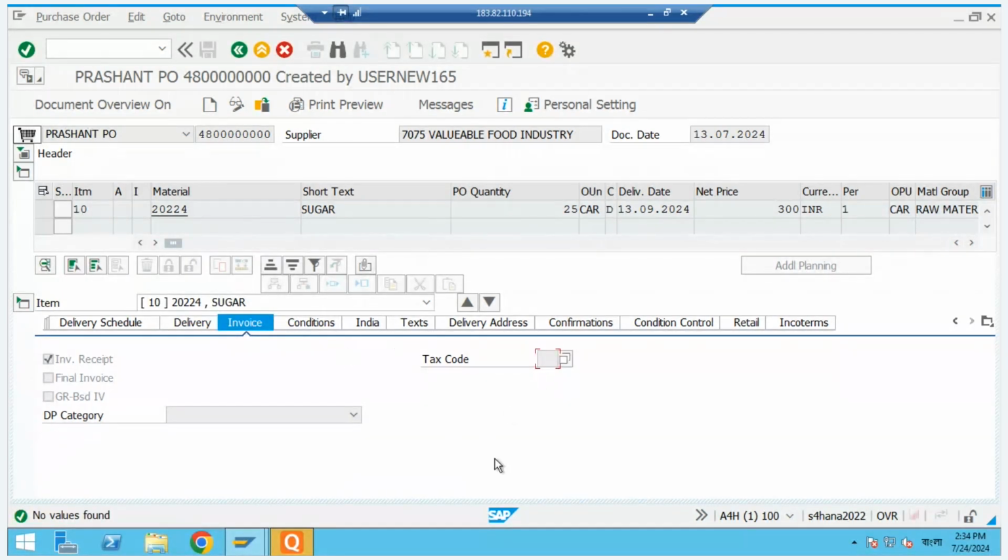Now this is one we have spoken about in the process of purchase order. In Material Master, I told you that we are maintaining the tax code. In the purchase order here we are maintaining the tax code. So there are many areas where we are maintaining the tax. Now if I go to a vendor,